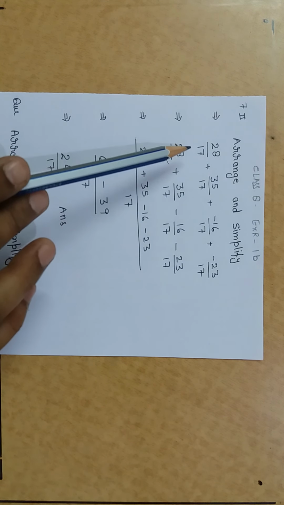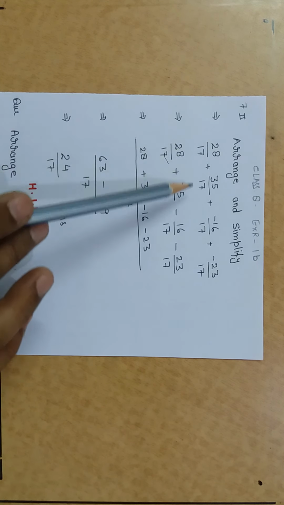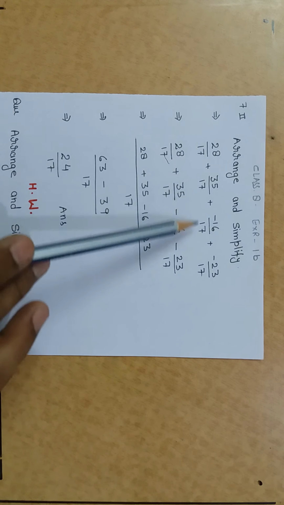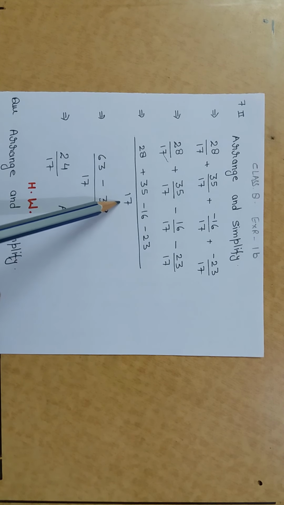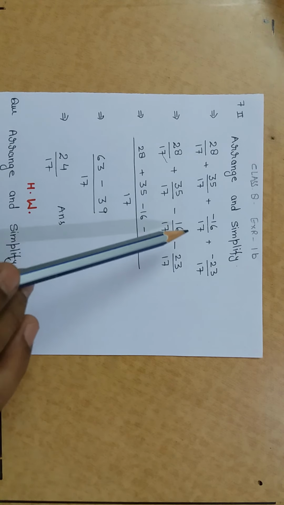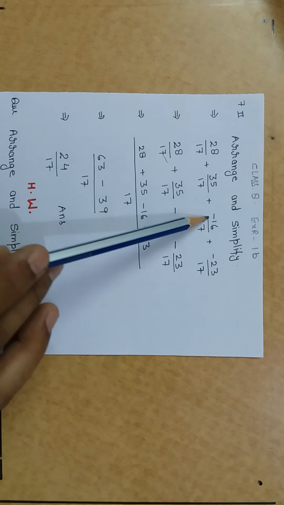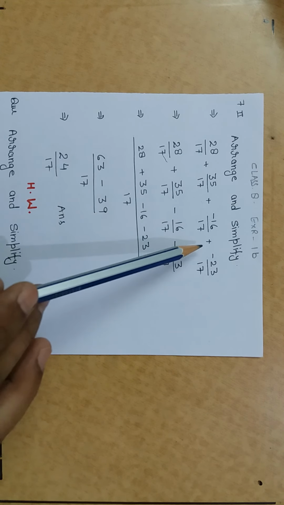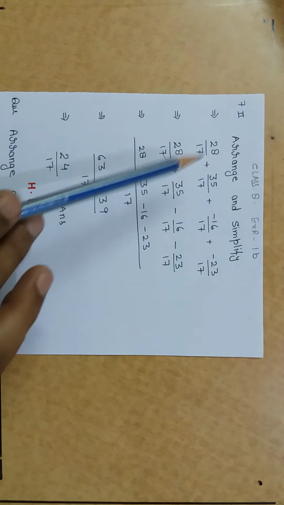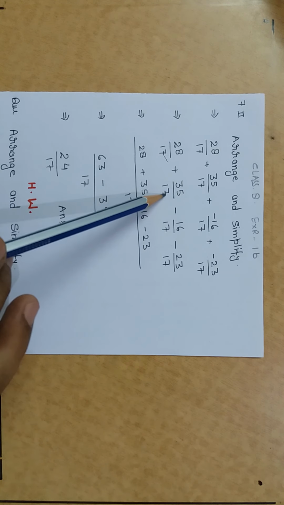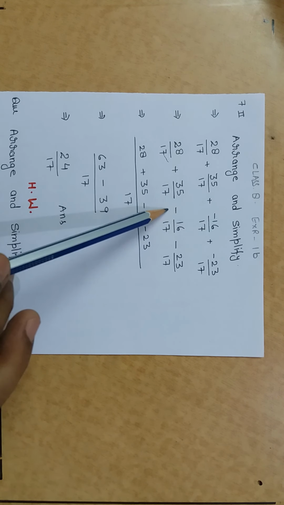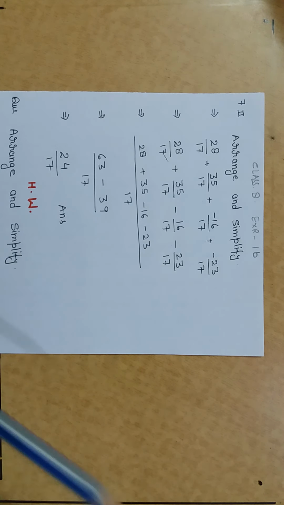Okay, here the given fractions are like fractions, meaning whose denominators are equal, so there is no problem. Simply take the LCM, 17, 17, 17, so 17 as the LCM. But first of all, simplify the fraction. Here positive times negative is equal to negative, and plus minus is minus. Okay, 28 upon 7, 35 upon 7, and here minus plus minus, 23 upon 17.